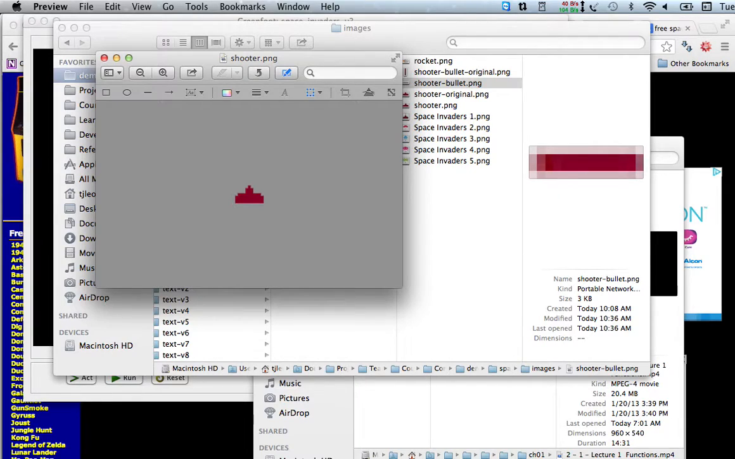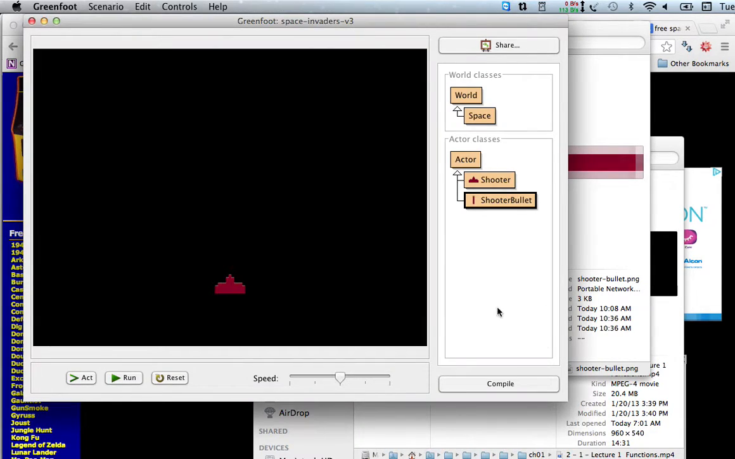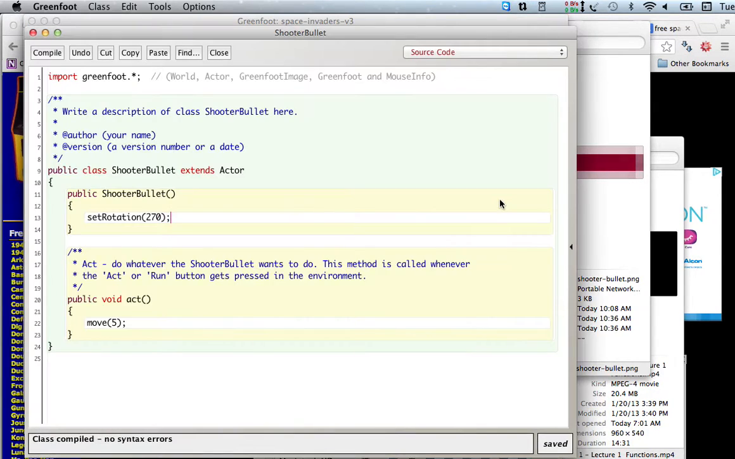Now, it's set that if it's facing east or west, it's going to be horizontal. If it's facing north or south, it should rotate, right? So let's stick it in here. Now it's facing the right way, and if we say run, it's going in the direction we want. Okay, so now what we need to do is